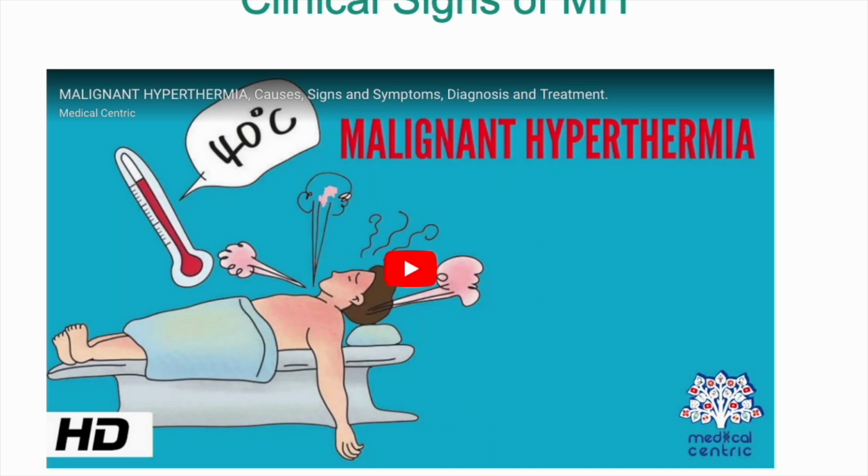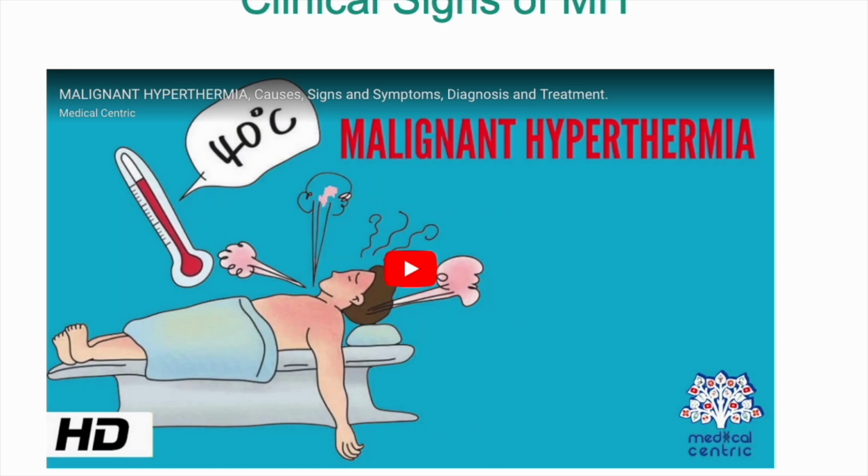There is tachycardia, which is rapid heart rate, and tachypnea. Some of these sound familiar, right? From our terms, rapid breathing as the body tries to eliminate excess CO2. The masseter muscle rigidity, or MMR, which may occur during intubation. While this can be normal, it is a classic MH sign. Unstable blood pressure and arrhythmias, which can also have other causes, but again are red flags in the context of